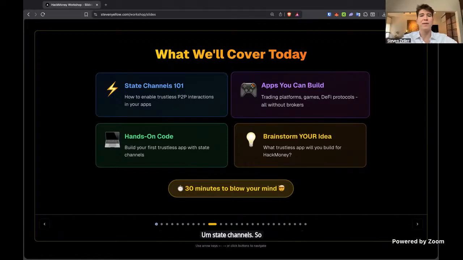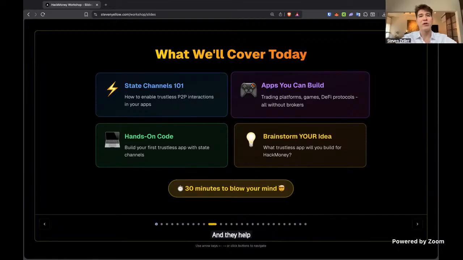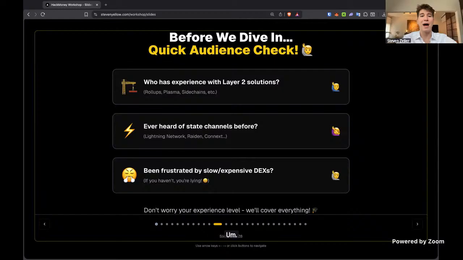The fundamental technology that enables us to build this platform is called state channels, and they help enable peer-to-peer interactions. We're seeing people building trading platforms, DeFi protocols, prediction markets, and different games where the users of these applications don't have to trust the developers with their money, and they get a trusted platform for building real-time apps, all out of the box.